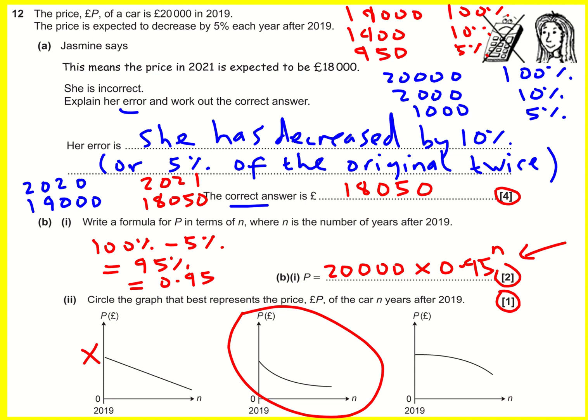By the way, actually, I was just going to stop, but this is essentially exponential decay. This is a classic graph for exponential decay, which is what compound interest is. It's compound interest, but we're losing money. And if you were gaining money, then it would look a bit like this. It would go exponentially increasing like